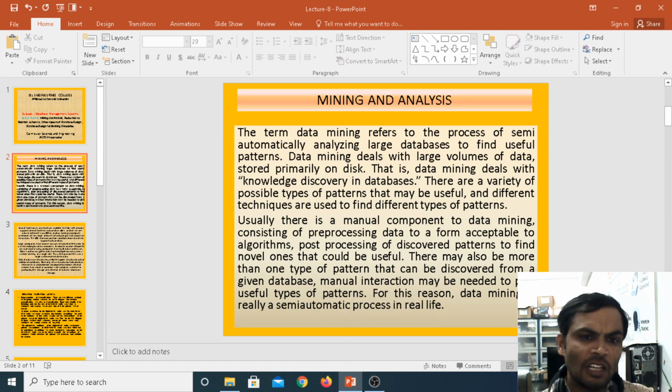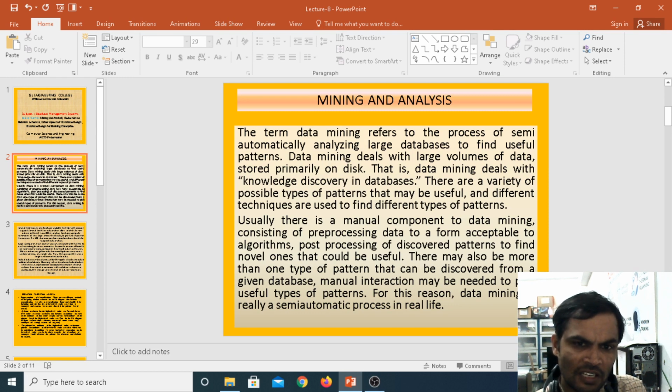In coal mines, they dig the coal, the product. Coming to data mining, under the database and the data center,